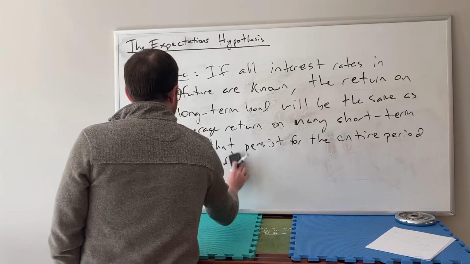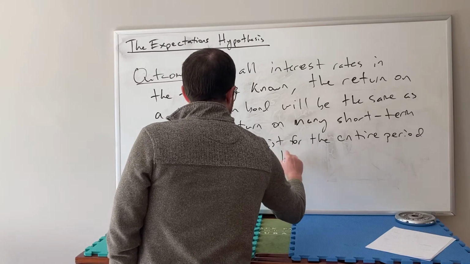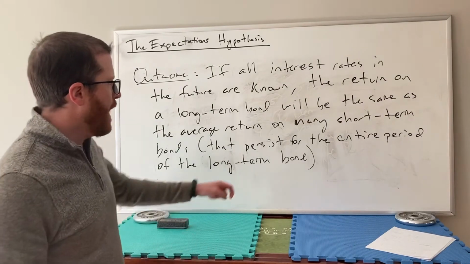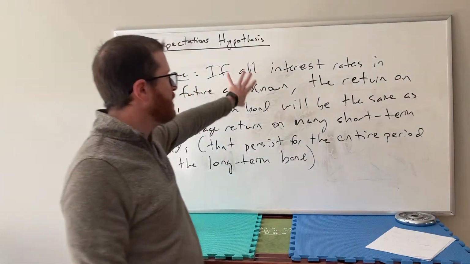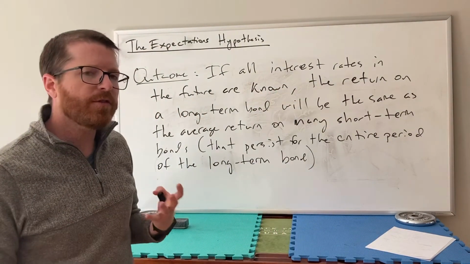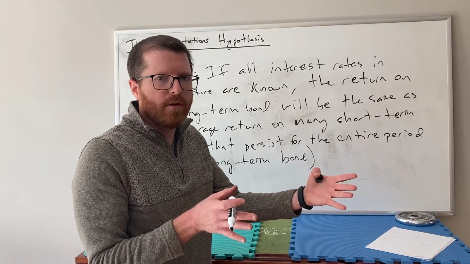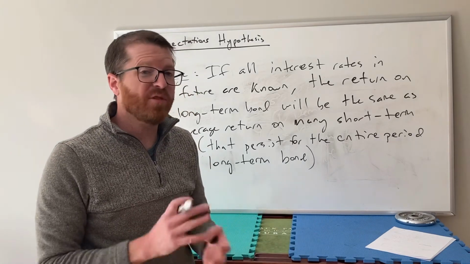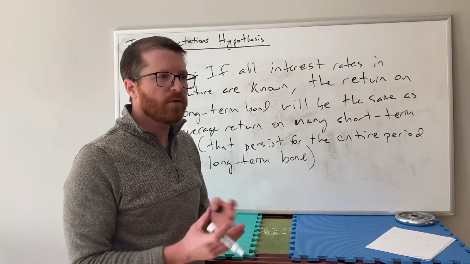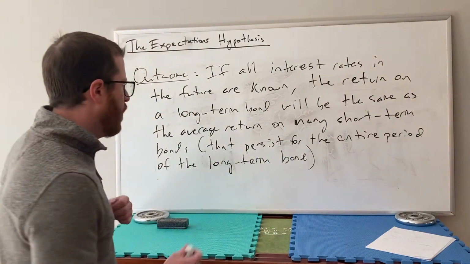Okay, and to be clear here, this only works if we're thinking about the same time period. Okay, what I mean by that is if you buy a 30-year bond, and if expectations theory is truly correct, in this case, if you buy a 30-year bond, that would yield the same return as the average of thirty 1-year bonds, okay? This is basically just recognizing that there's no such thing as a free lunch, okay? It's not disproportionately profitable to buy long or short-term bonds over time, all right? They're equally valuable over time. So what this would suggest is